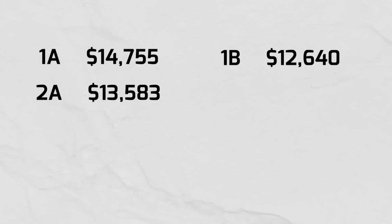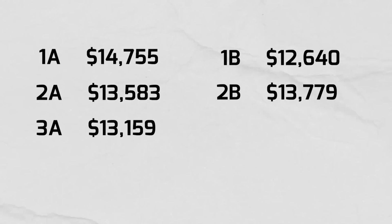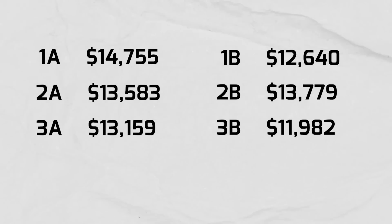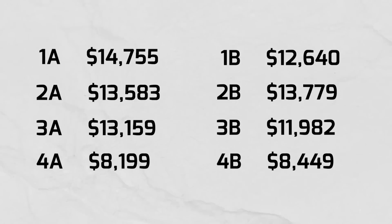I'm not gonna get into too much detail here, but 1A cost me $14,755, 1B cost me $12,640, 2A cost me $13,583, 2B cost me $13,779, 3A cost me $13,159, 3B cost me $11,982, 4A cost me $8,199, and 4B cost me $8,449. These numbers all include tuition fees, living expenses, some costs for textbooks and school supplies, as well as some